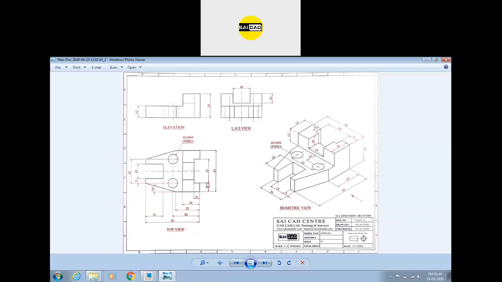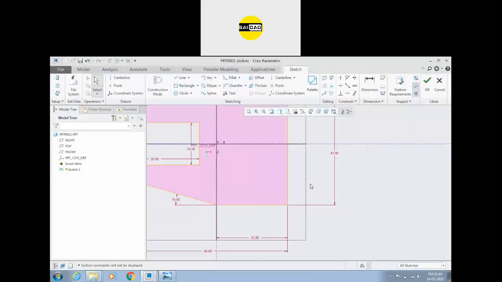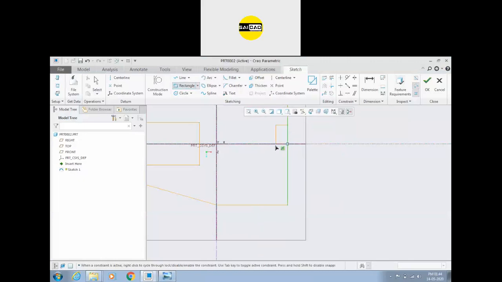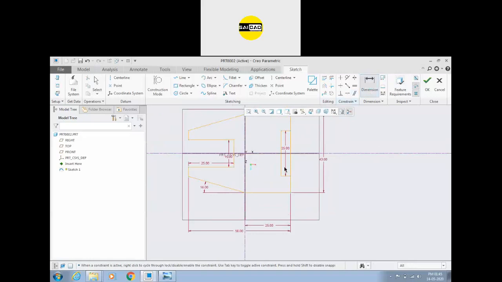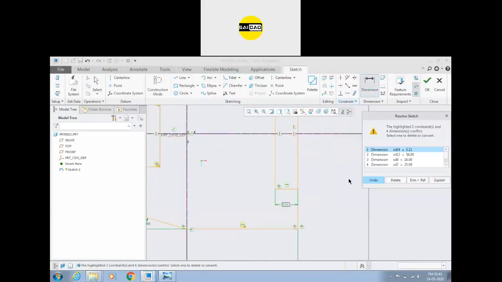This shape is 25 by 6 in the middle, so we can create a rectangular shape. You can see there is a symmetrical option because we have already created a center line here. So this is 25, and the depth value is 6, so we need to define the 6 value from here.